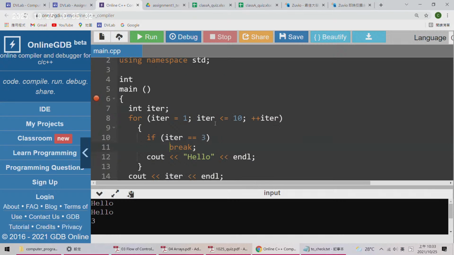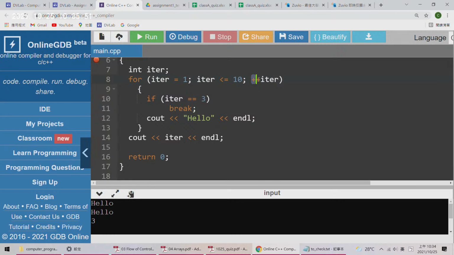And this example is a for loop, and there is one index variable, iter, the initial value of iter is 1, and in each iteration the value of iter will be increased by 1,